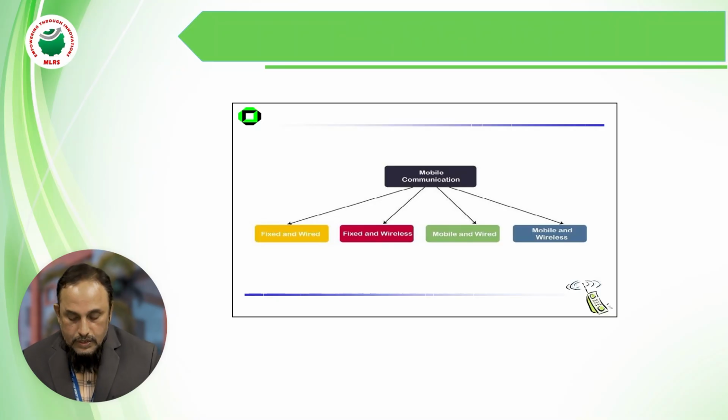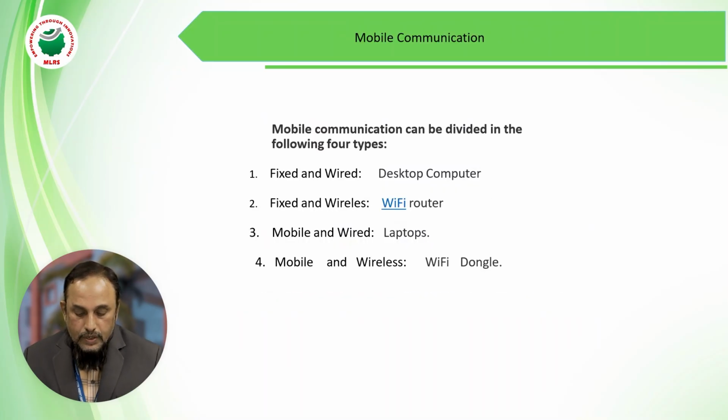Now, mobile communication is generally divided into four types. Fixed and wired: an example is the desktop computer, which is generally fixed and wired. Fixed and wireless: that is the Wi-Fi router. It is fixed, but it is wireless. Mobile and wired: